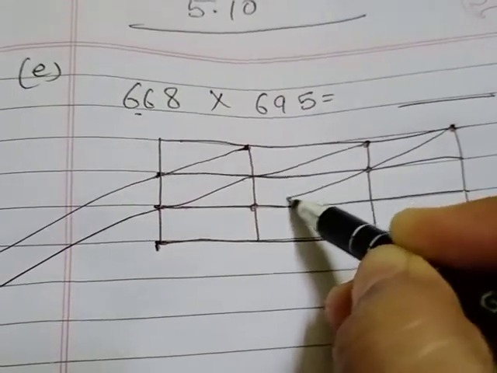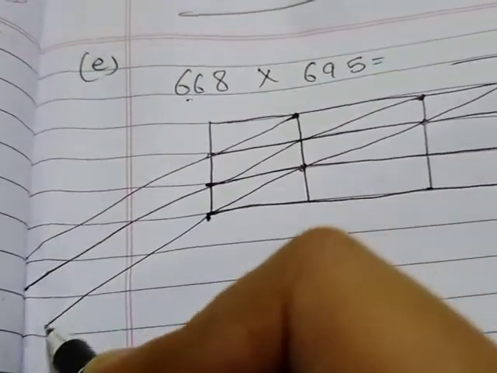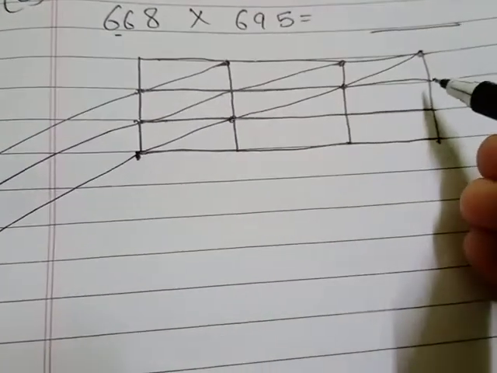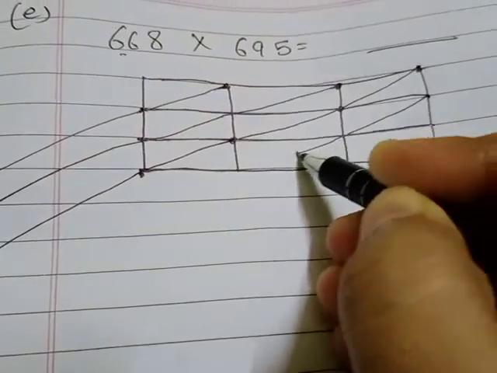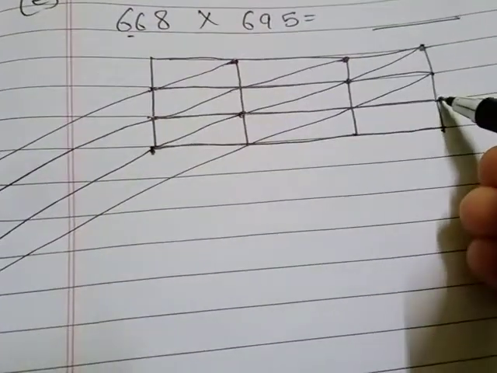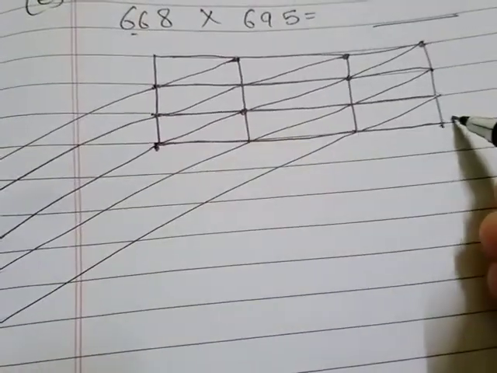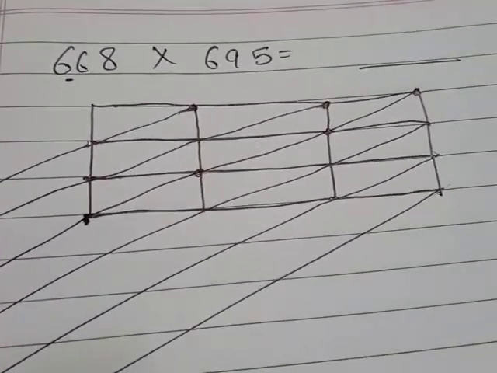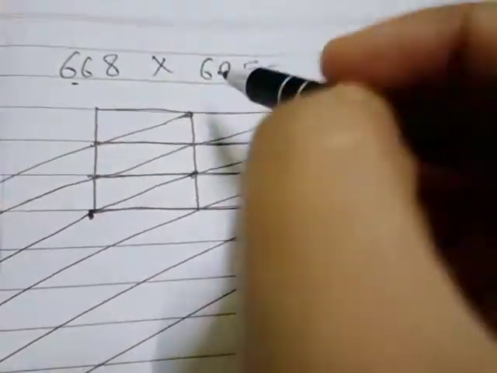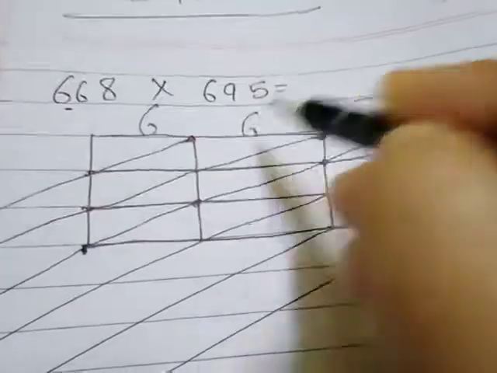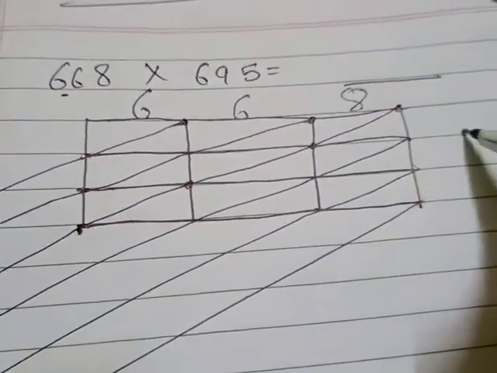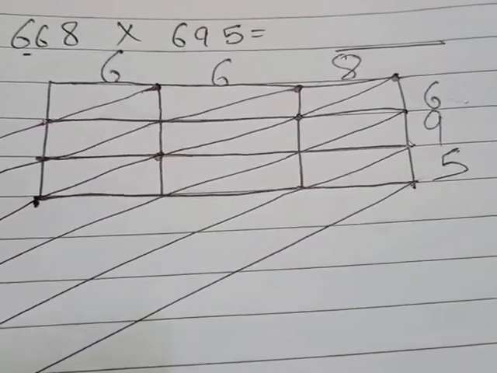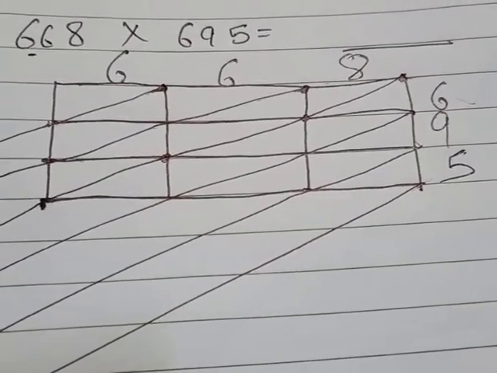Keep in mind, when we have a 3-digit multiplier and multiplicand both, that time we will make the box using 3 lines. Then this common point also we will attach, then coming to this place and then here. Got it? Like this we will make the lattice column. After this, write the multiplier in the topmost grid, 668, and the multiplicand 695. After this, all the things are the same as we did in the 2-digit multiplier type of question.